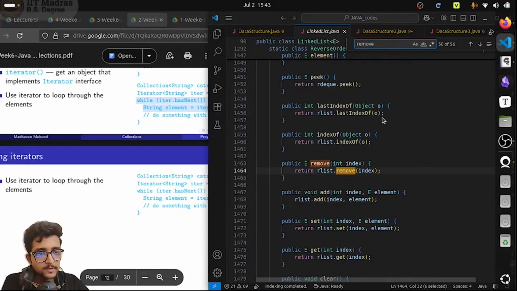Yeah, so you see that this is the remove method that we are talking about. You put the index and that value is removed. So this is outside the list itr class and inside the linked list class. I mean, the list itr class is also inside the linked list class, but that remove is inside the list itr class. Anyways,